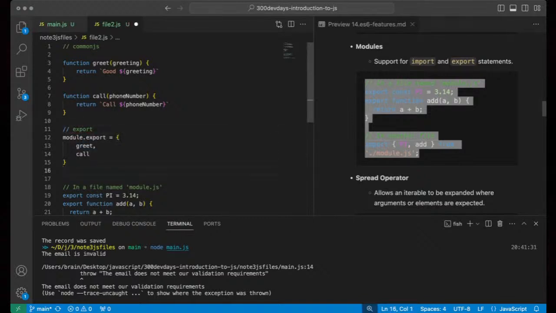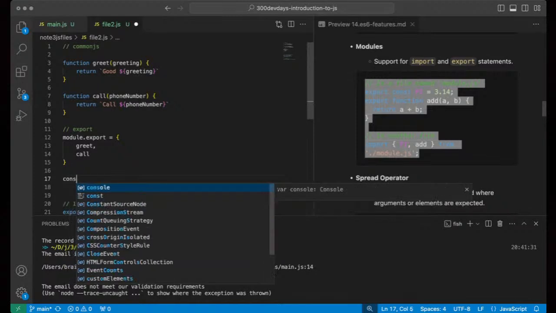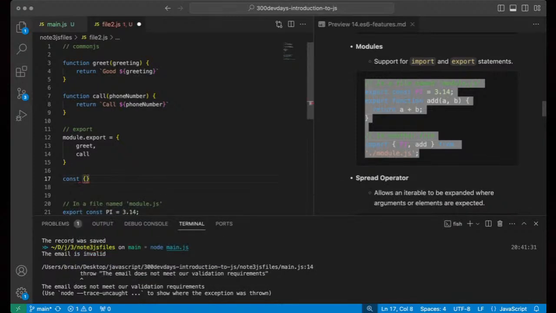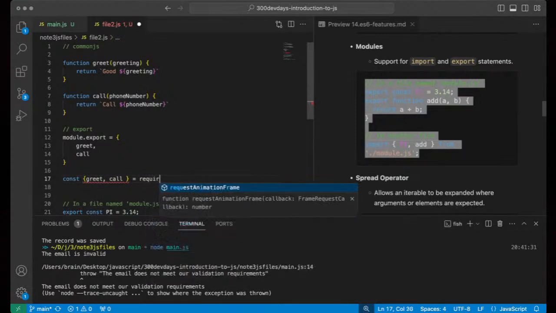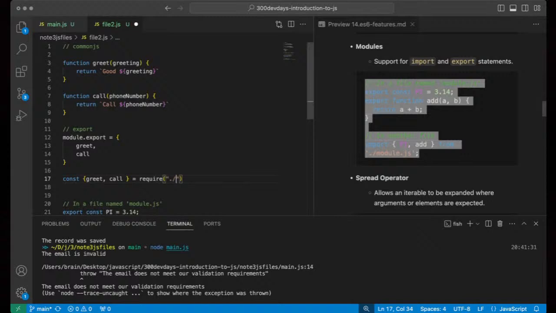When you're trying to import in the new file, what you simply have to do when working with CommonJS is say const, and then pass in what we're trying to import, just like this. We have to require that particular file. Now, this is when you are working with CommonJS. So let's also say CommonJS import. I want to give us the two options. So this is CommonJS export.